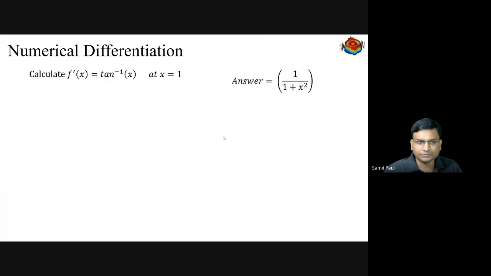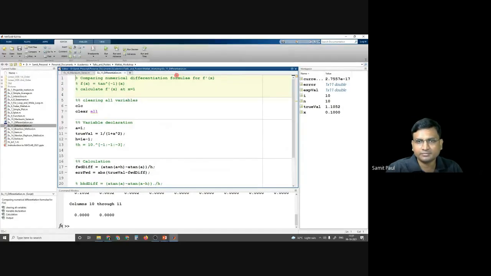Okay. To do that, let us take an example. Let us try to calculate the derivative of tan inverse of x. We know the exact analytical answer, that is 1 by 1 plus x square, and we want to calculate the derivative at x equal to 1. Let us go to MATLAB and do it.